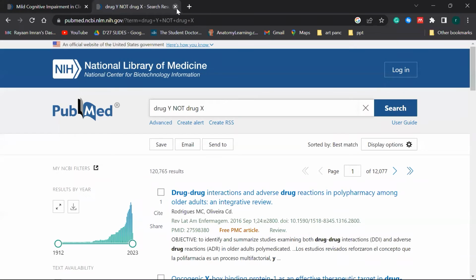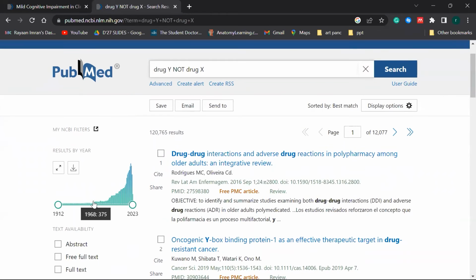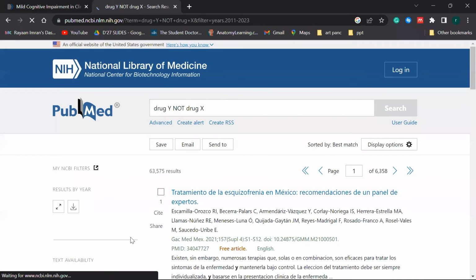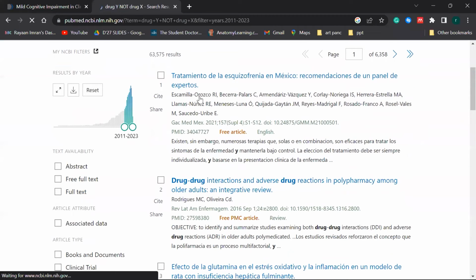So that should pretty much be it in terms of how to navigate throughout the PubMed, ठीक है, what it is, how to go through it, and then you have additional filters, ठीक है, can filter out by like आप timeline को decrease कर दिया आपने कि आपको सब articles चाहिए, you only want articles from 2011 to 2023, and then you get those examples.